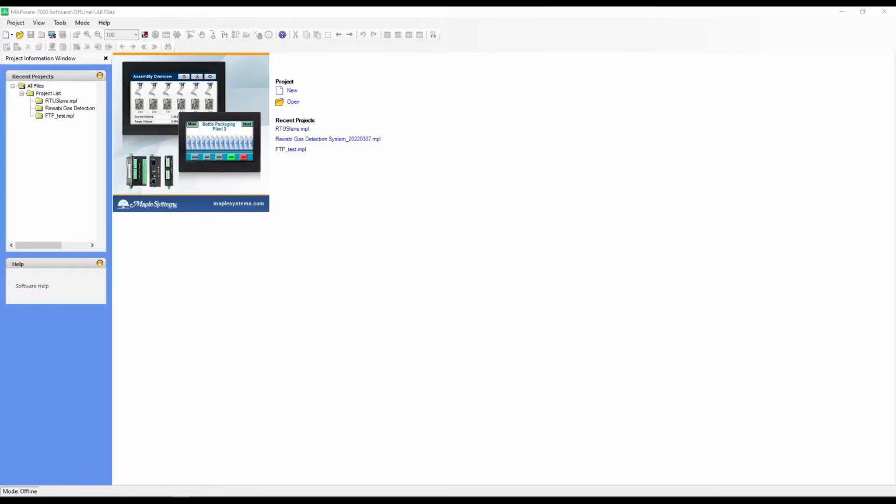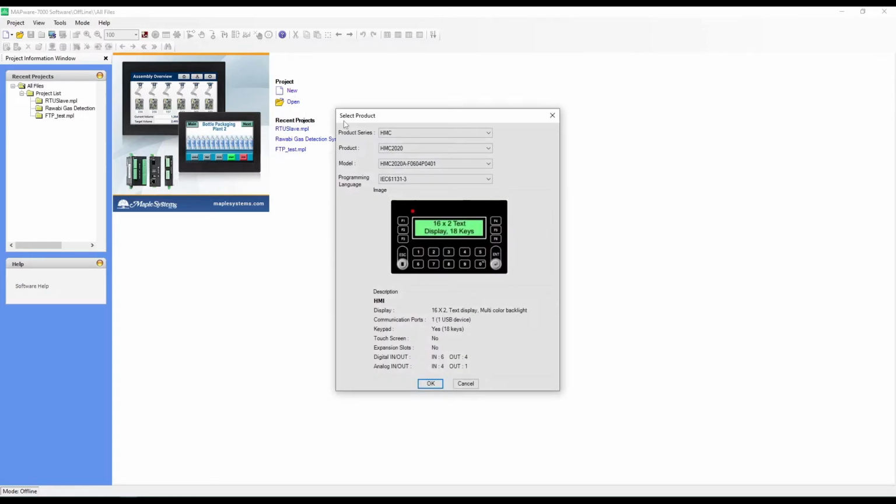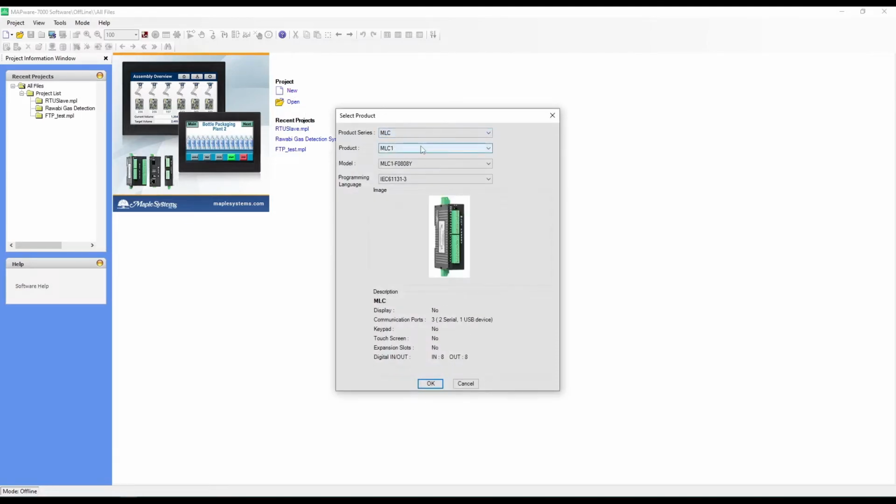This video will explain how to configure one of Maple Systems' MLC1 PLC units as a Modbus RTU slave or server. To start off, create a new project and select the MLC product series. The product series we're working with is the MLC1. The specific model is the M0808, E0808, Y0402T, and for programming mode, we want to stick with IEC mode, the